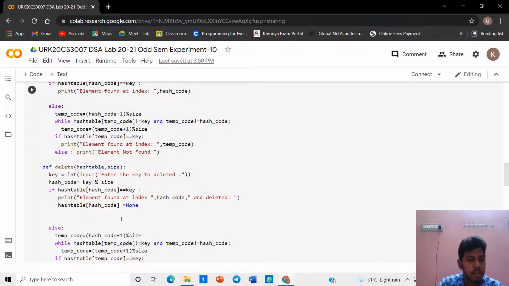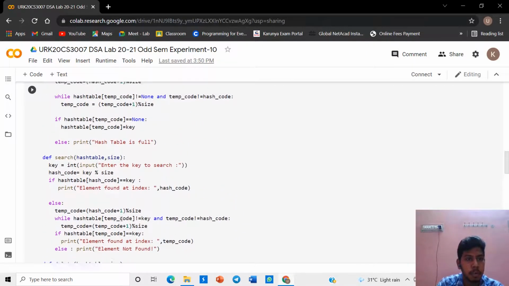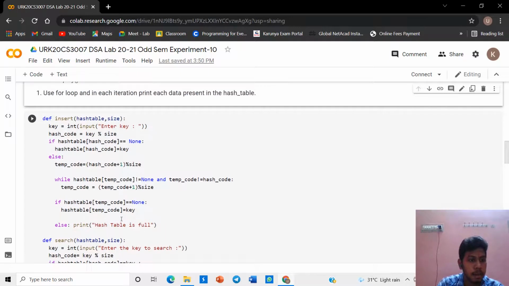After that, we want to see the insert operation. Whenever an element is to be inserted, compute the hash code of the key passed and locate the index using the hash code as an index in the array. Use linear probing to find an empty location if an element is found at the computed hash code.